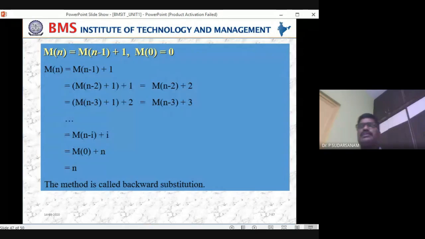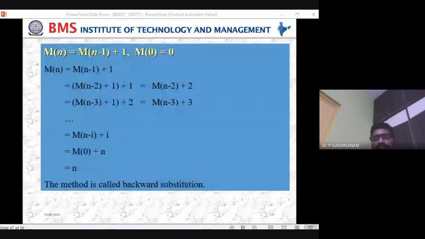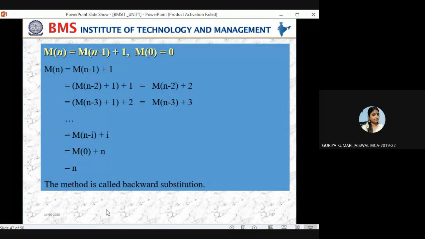See, if you are just making a net connection and you are not running, you will not understand anything. That much I can say. So why say every statement very clearly? This is not a theory subject. If it is theory, okay, no problem. Chaitra, any doubt? No, sir. Guriya, any doubt to write? No, sir.